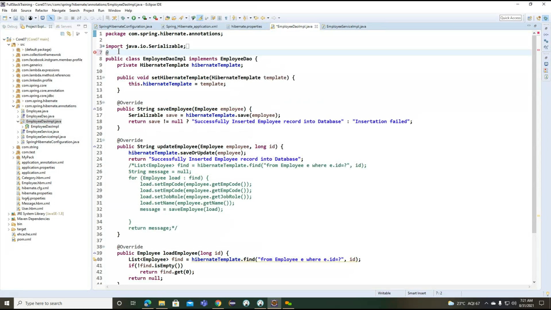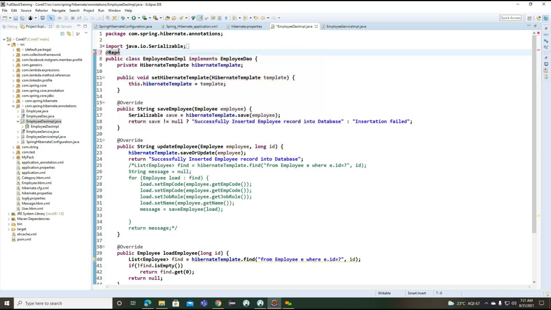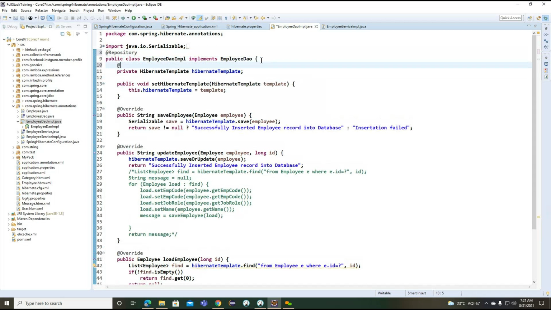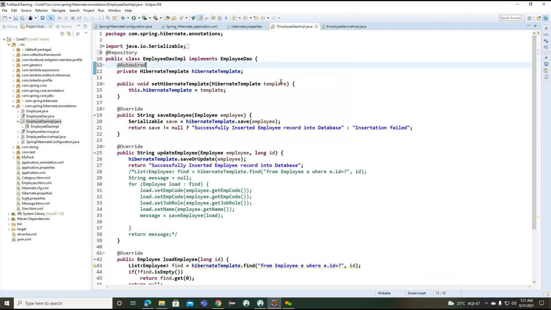Inside this particular EmployeeDAOImpl, I want to create the Repository annotation, and here we can go for the Autowired annotation. So these are the main configurations we need to create here.